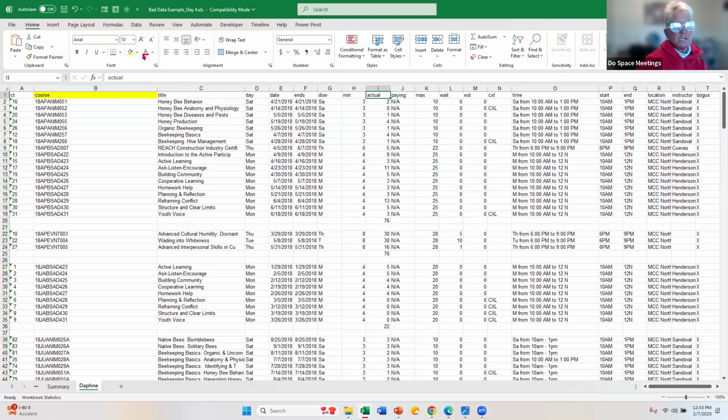the actual, which was the attendance. So this is something else that you never want to do. This is all in one cell. Saturday from 10 a.m. to 1 p.m. If you want to do any calculations with that, Saturday's irrelevant, but you need to have the 10 a.m. in one column and the 1 p.m. in another column if you need to calculate time. Kind of like this is the start time and the end time,